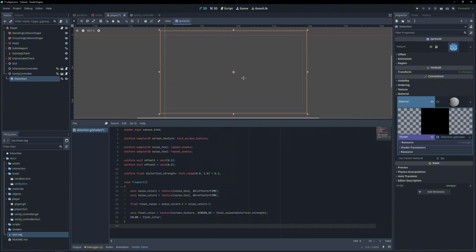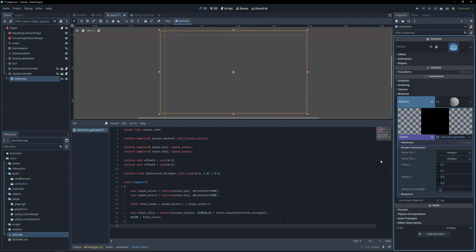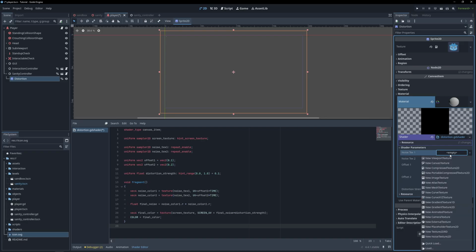Now, you'll see that nothing is really happening, and that's because we need to go into our shader parameters and set some things up. You'll see I have two noise textures, an offset, and then the distortion strength. Essentially what we're going to do is create two noise textures that kind of fight each other, and they're going to distort the way the screen appears. So on your